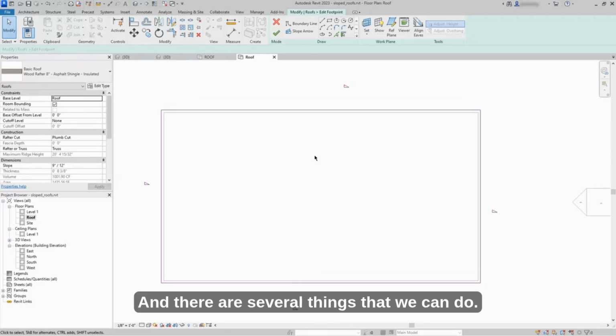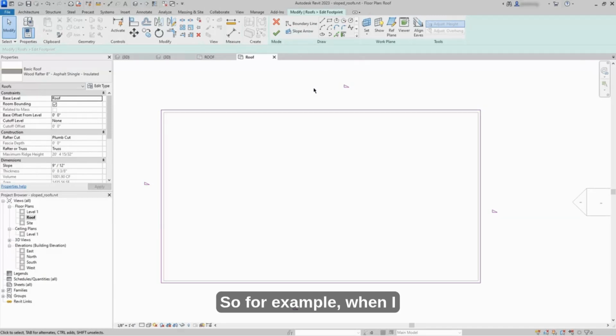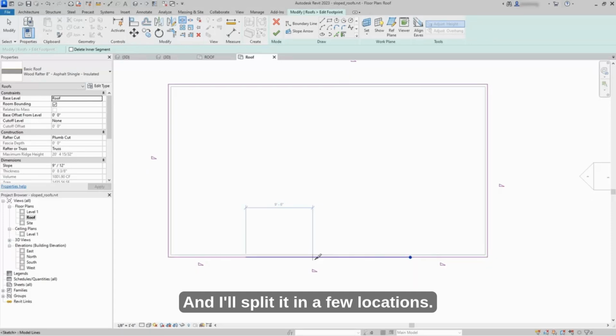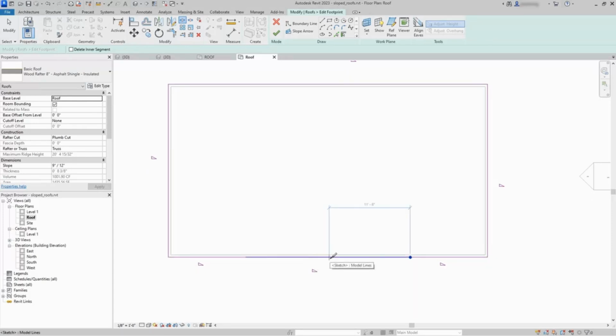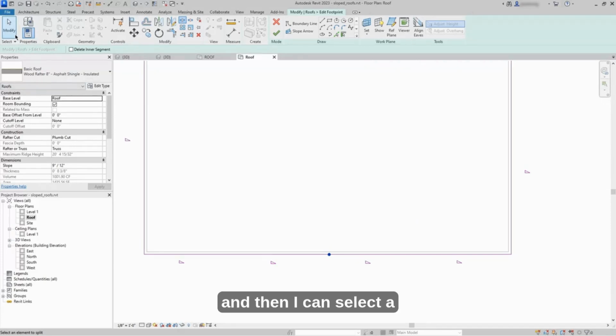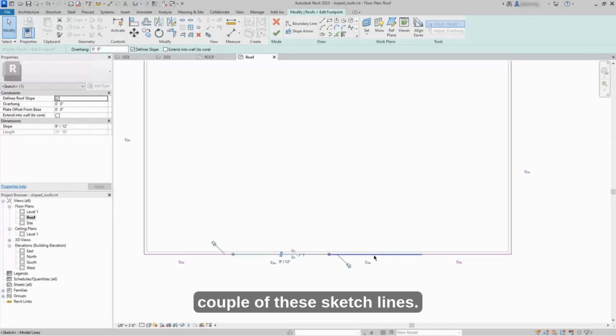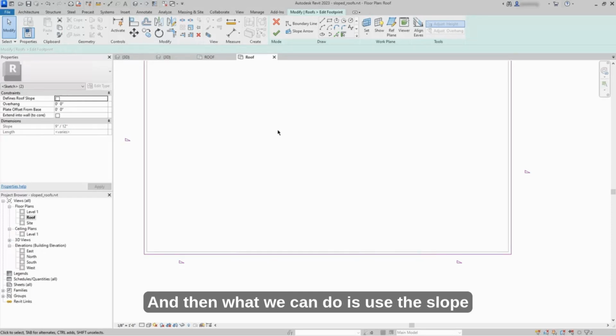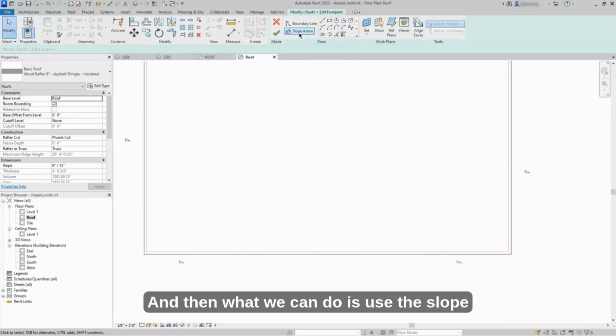And there are several things that we can do. So you can split sketch lines, and then you can use the slope arrow tool. So for example, when I click Split Element, and then split the sketch line here on the front of the roof, and I'll split it in a few locations. Now what I can do is click Modify, and then I can select a couple of these sketch lines and deselect Define Slope. And then what we can do is use the Slope Arrow tool,